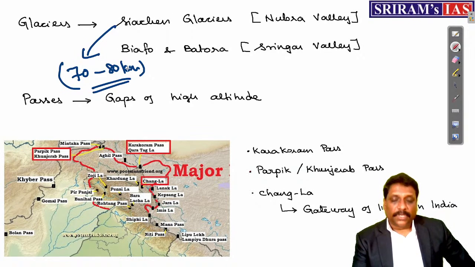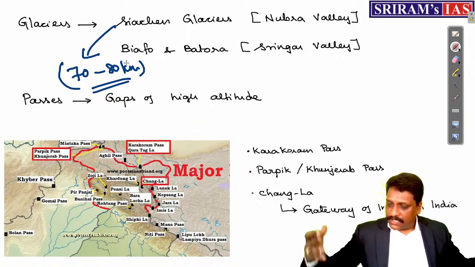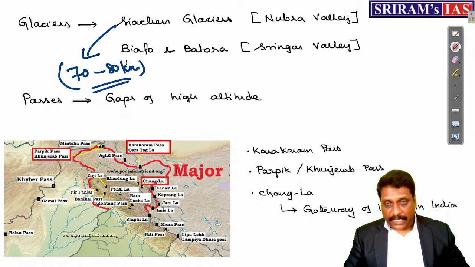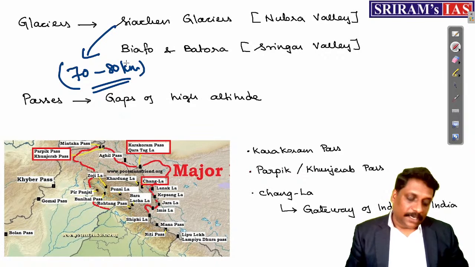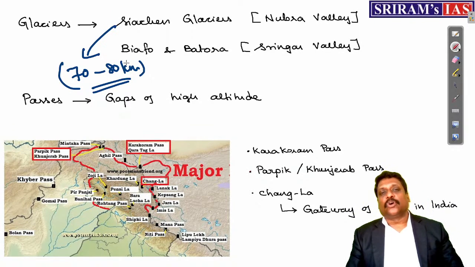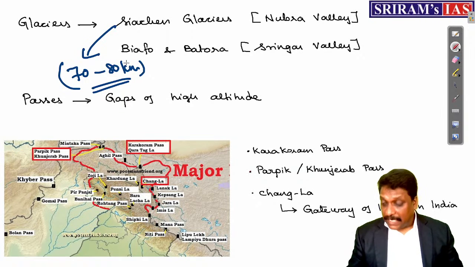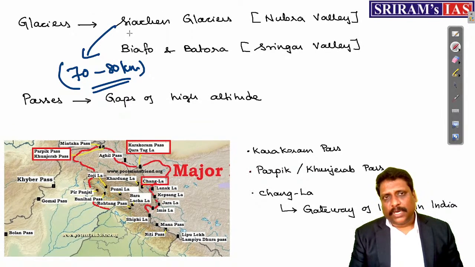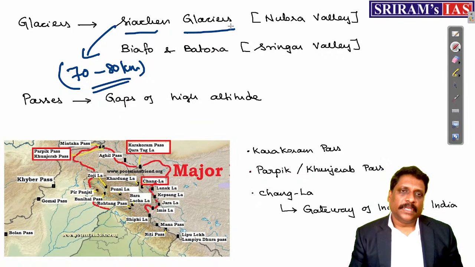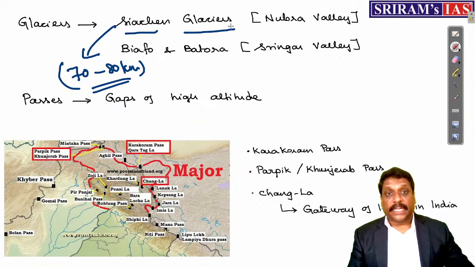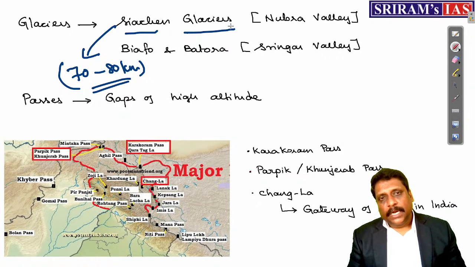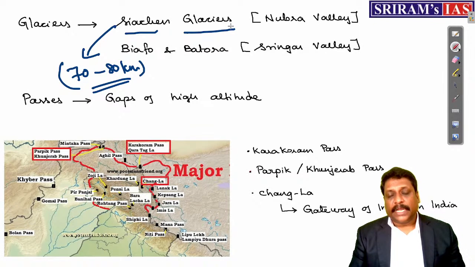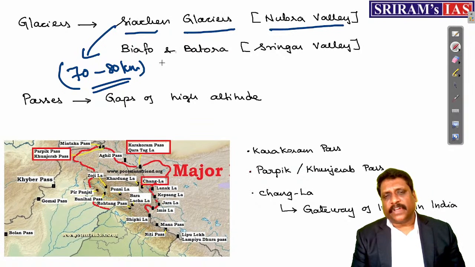Somewhere you would have heard about something called the Karakoram anomaly. Everywhere in the world, including the Himalayas, glaciers are shrinking. But interestingly, in this Karakoram range, glaciers are accumulating, expanding. You call this the Karakoram anomaly. In that way, undoubtedly, Siachen Glacier is the largest glacier in India. And it is regarded as the largest glacier in the entire world outside the polar regions. And this is the highest battlefield of the world. All facts, very important, my dear friends.